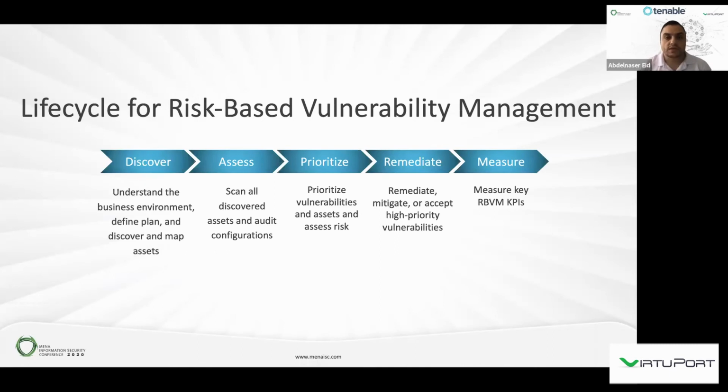So that was all about the life cycle of the risk-based vulnerability management model. It's a continuous process again. It starts from discovery, ends with the measuring of the efficiency of the solution, and again and again. So it's a continuous process. However, this will make sure that the organization is lowering the attack surface. This will limit the potential risk that can be utilized by the cyber criminals to attack and penetrate any organization.